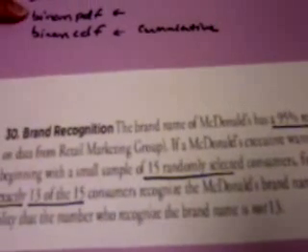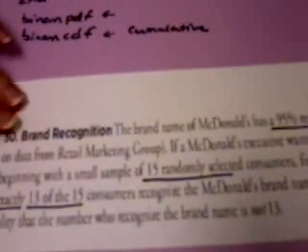Now, another keyword to help you with binomial, if you don't check, first of all, you should always check the 4 qualities for binomial, but you can also look at the word exactly. That's a good indication that you're going to do a binomial distribution. Okay, so I want exactly 13 of the 15. Well, exactly also tells you you're going to do a PDF, because you're looking for a certain number, not a range of numbers. So in this case, I'm going to go to binomial PDF in the calculator, and what they're going to ask you for,